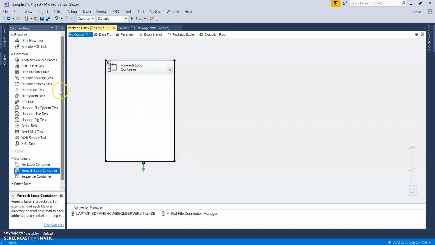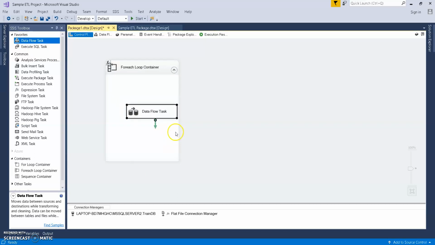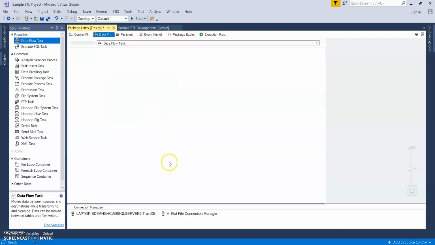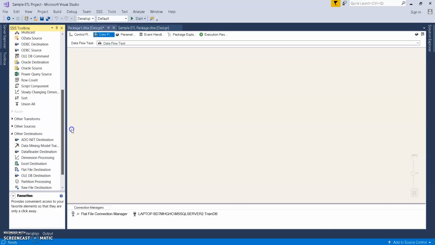Next we want to place a data flow task. In the data flow task, we need to create a source and destination.